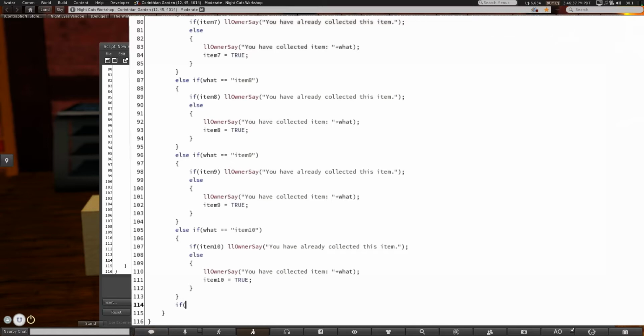If item 1, if you don't have an equals equals and something after it, if you just have the variable, it is assumed that means if that is true. Two ampersands means and: item 2, and item 3, and item 4, item 5, item 6,